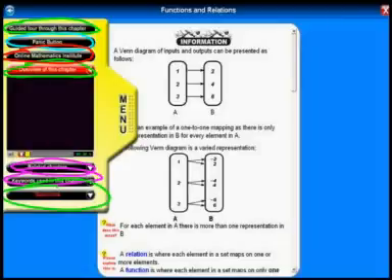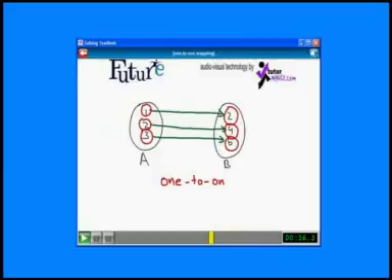Lastly, in closing, this is what the AVV screen will look like. Every time when you click on one of those links and an AVV opens up, that's what you'll get. If your speakers are turned on, you will hear the tutor explaining everything as it is written down on the screen in front of you, as if you had a teacher standing in front of a whiteboard explaining something to you. The difference is, however, that you could view this explanation as many times as you want, and you could